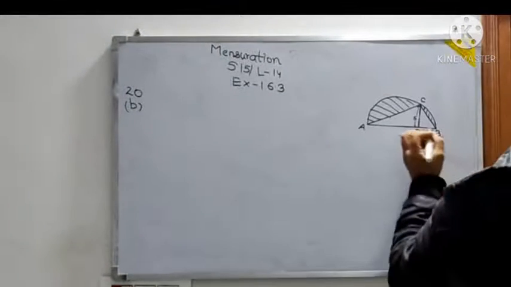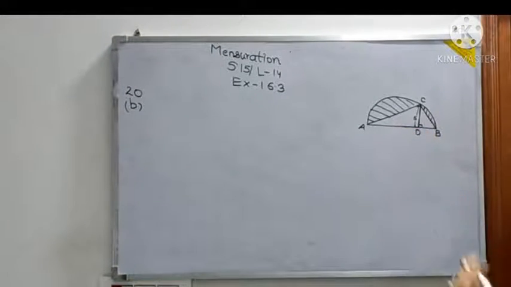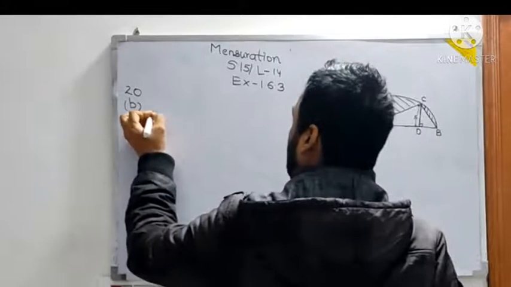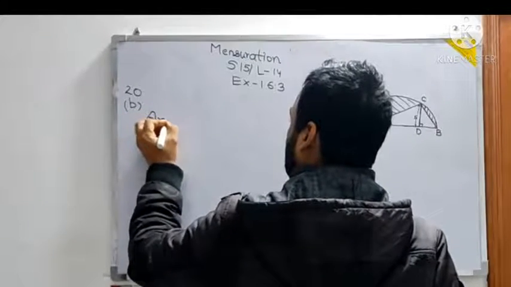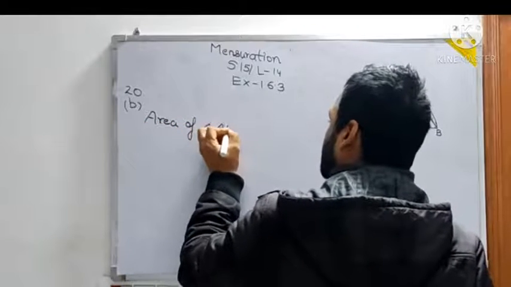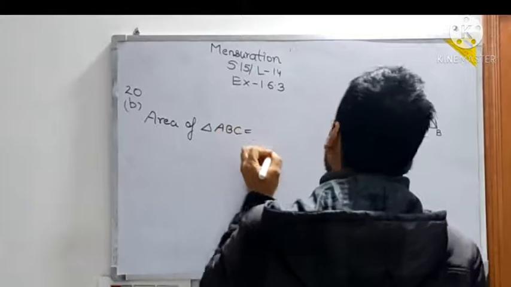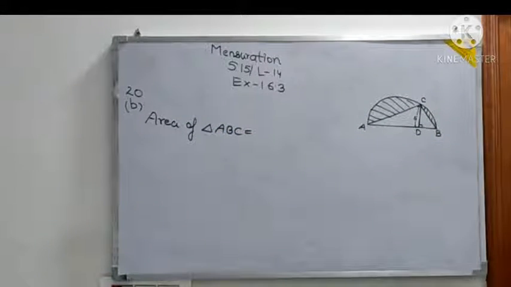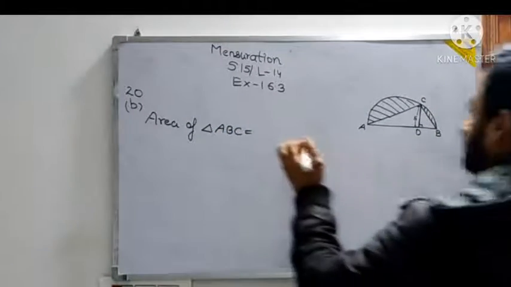So there are two right angle triangles because they have shown a right angle. There are two right angles in this, but there is basically one triangle in which we know the height, and the area of that triangle is given. So area of triangle ABC, what is that? It is given in the question also, 35 centimeter square.